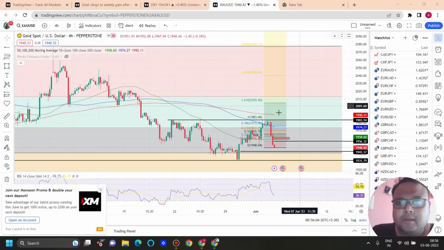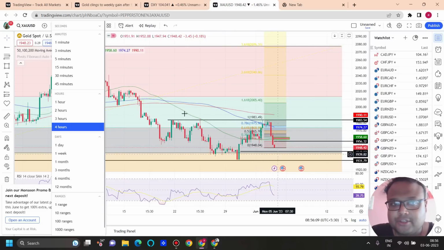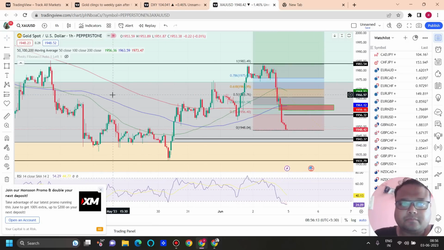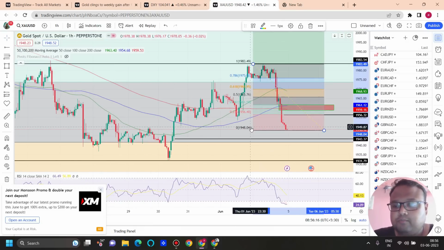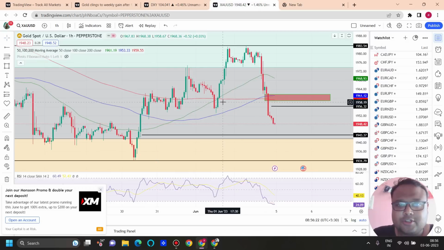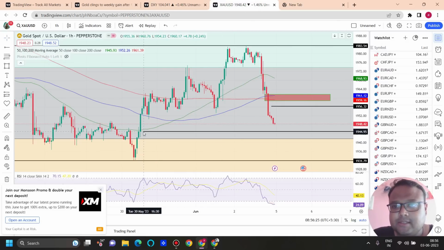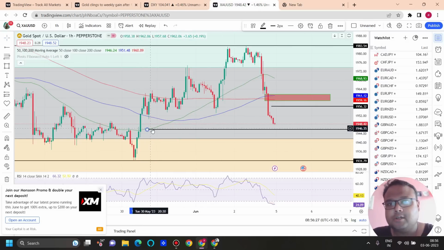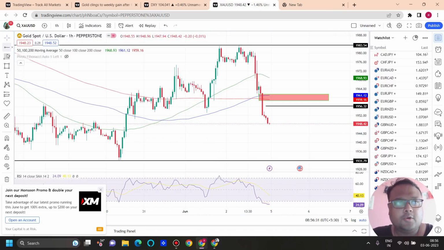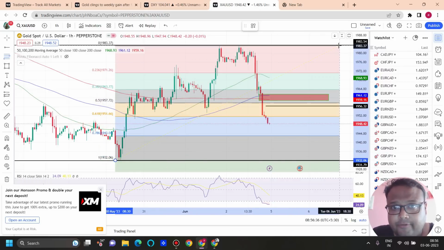Okay, now the market closed at 1948. So to understand this part of the chart better, we are moving to the 1 hour time frame. First of all, do we have any immediate support on the chart right now? To find out any immediate support on the chart, we need to draw Fibo here. Right now, we are on the hourly time frame.